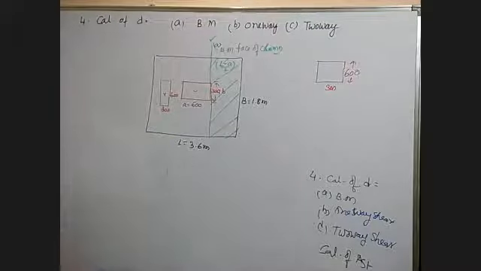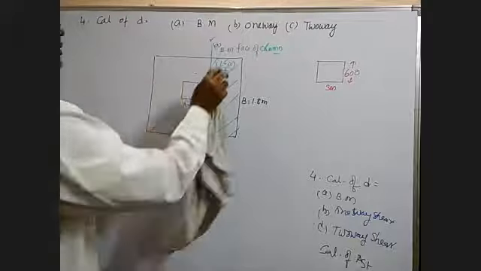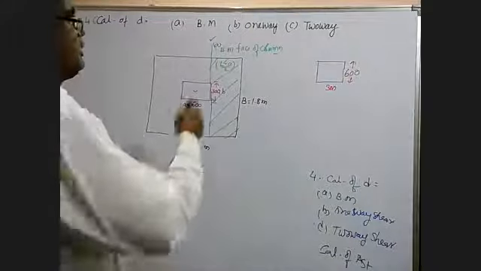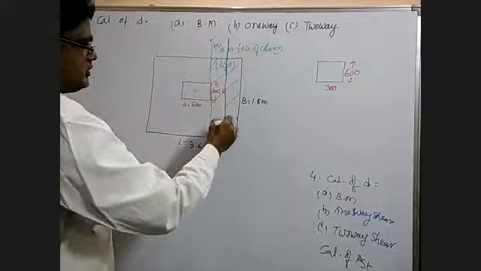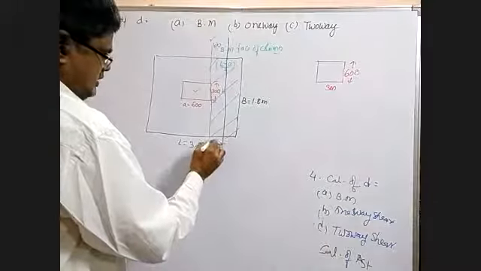Then the second one is the one-way shear criteria. Here the critical section, that is failure, will take place at a distance of D from the face